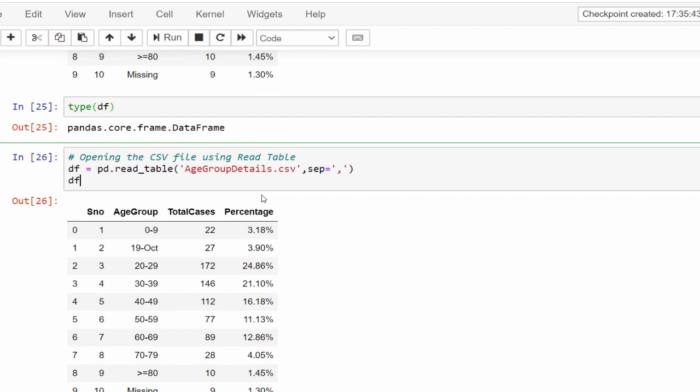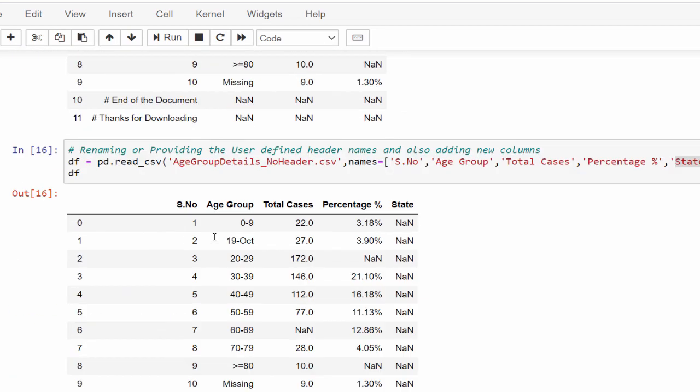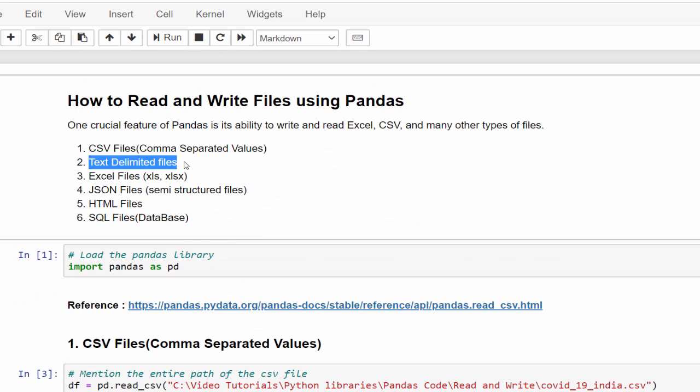So make sure you're not missing this separator value. When you come across a text file, or when you want to read a CSV file using the read_table method, then you have to use the sep argument. Mostly we'll be using the CSV file and Excel file only. Hope you got a clear picture of how to import CSV files, and in addition, what all the important arguments are that we can use, so that our data frame will be created with well-structured, clean data.